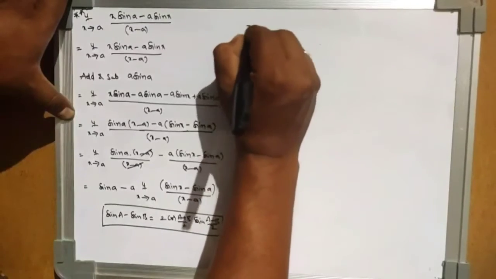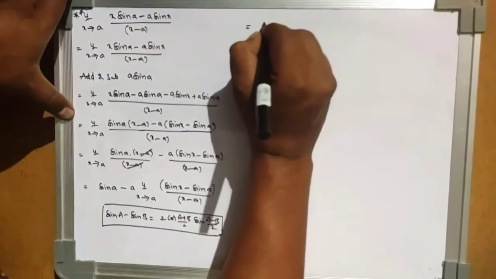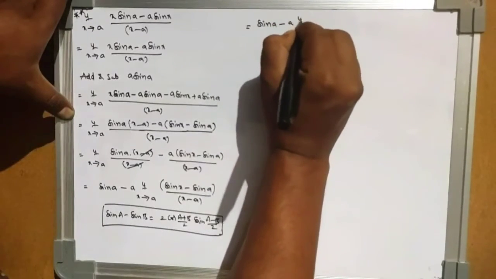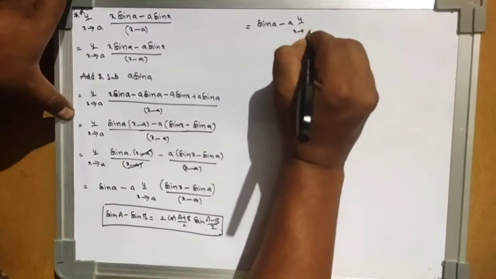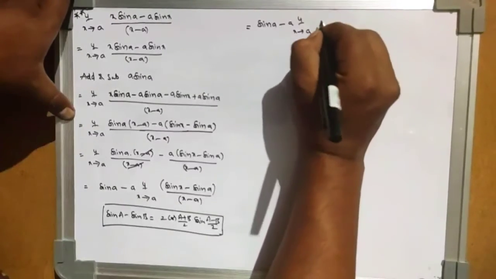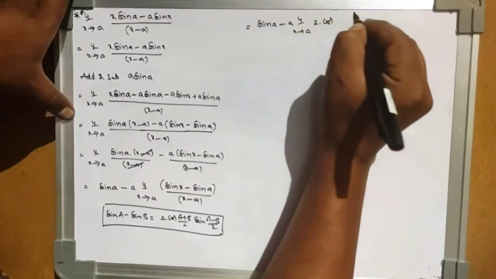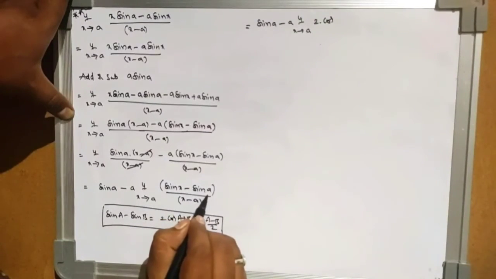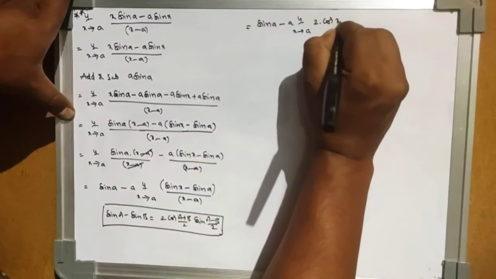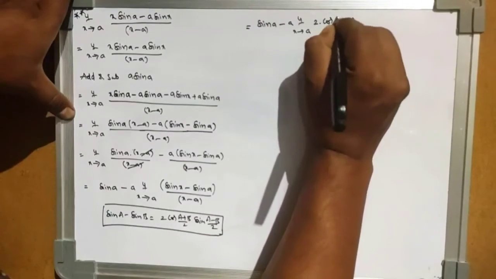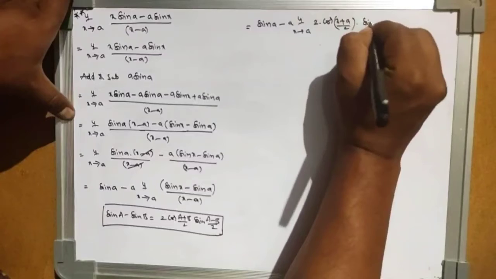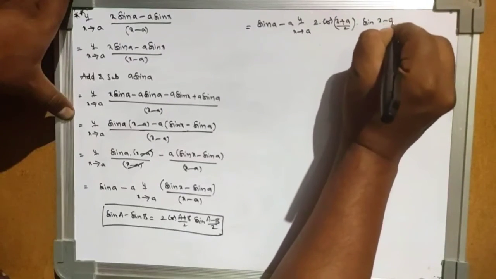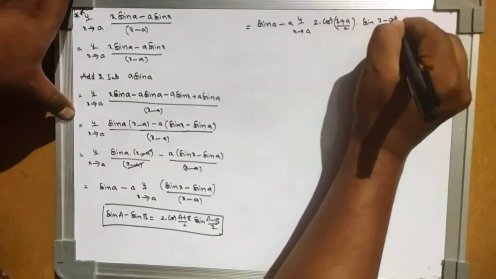Then it becomes sin a minus a into limit x tending to a of 2 cos((A plus B) by 2), where A means x and B means small a, so cos((x plus a) by 2), into sin((A minus B) by 2), that means sin((x minus a) by 2),